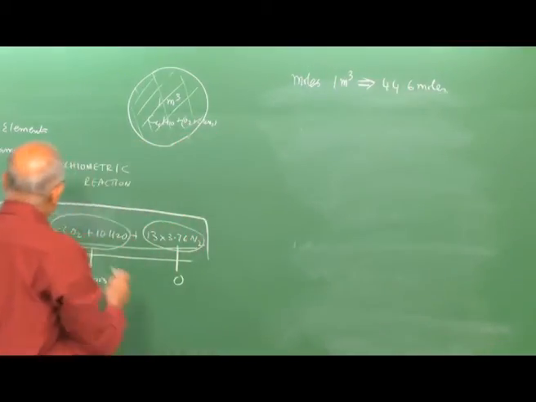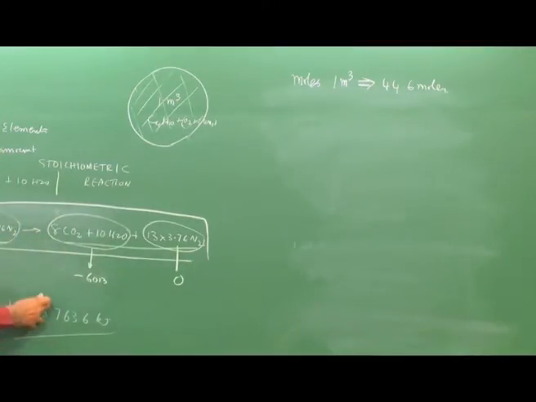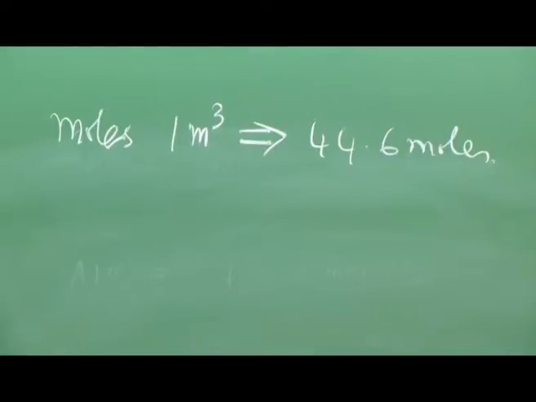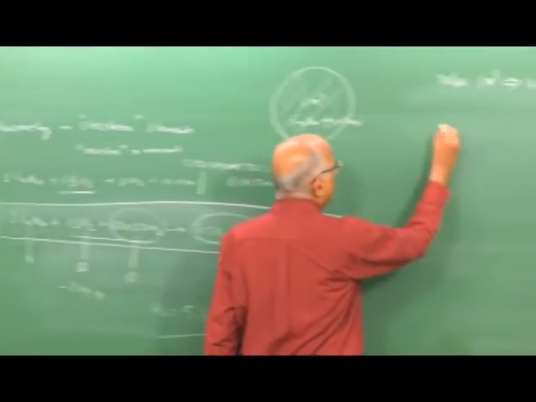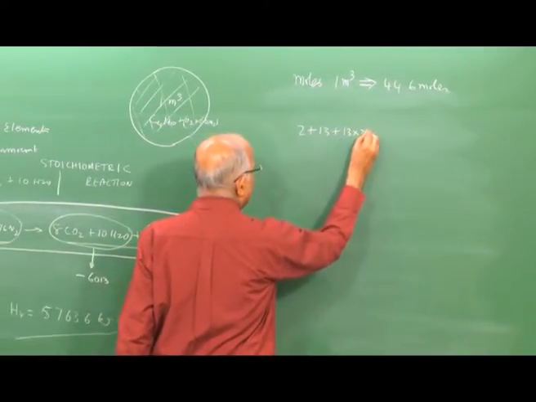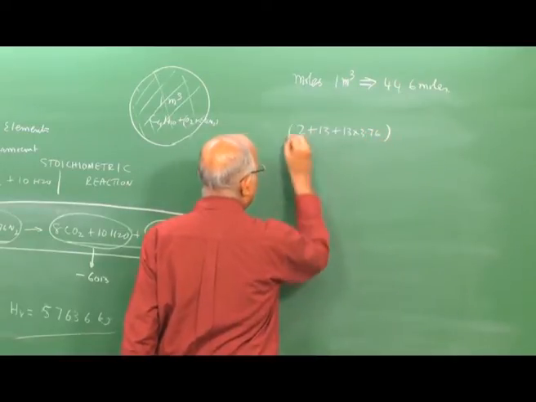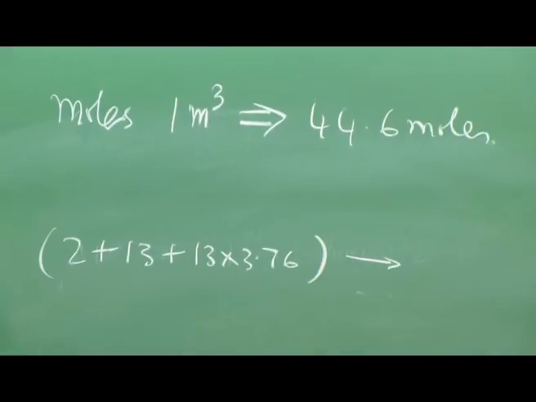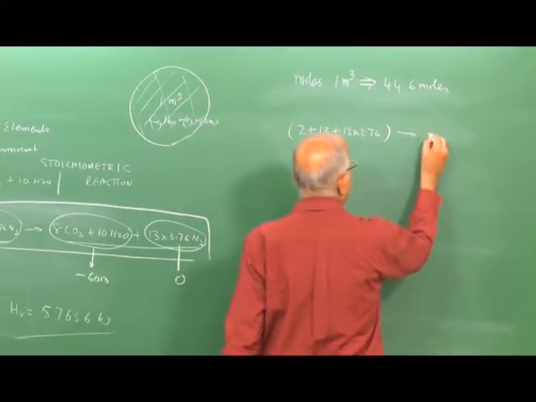And how many moles of the reactant do we have in this case? We have 2 moles plus 13 moles plus 13 into 3.76 moles. Therefore, this number of moles of the reactant gives me the heat release as 5763.6